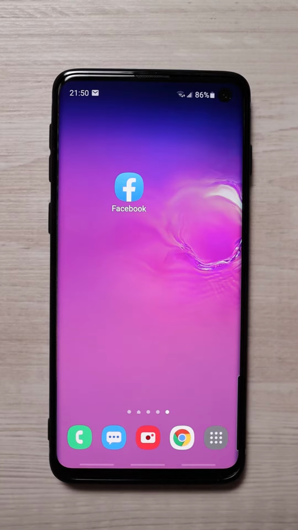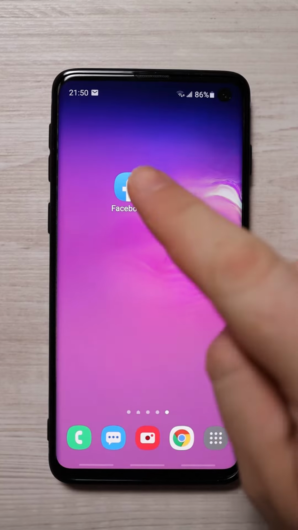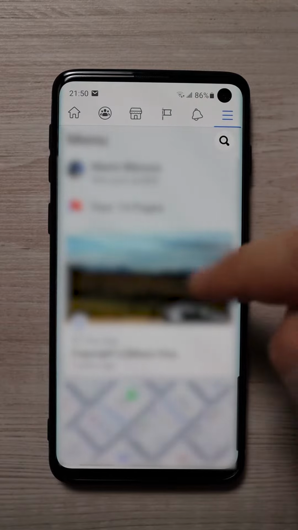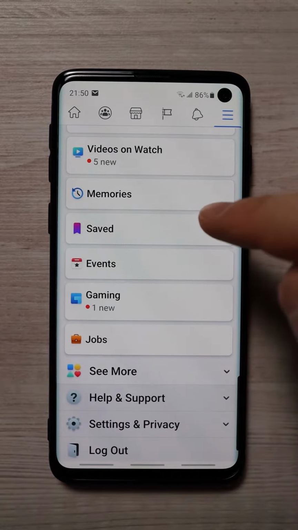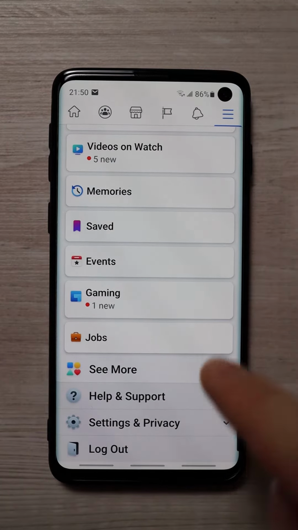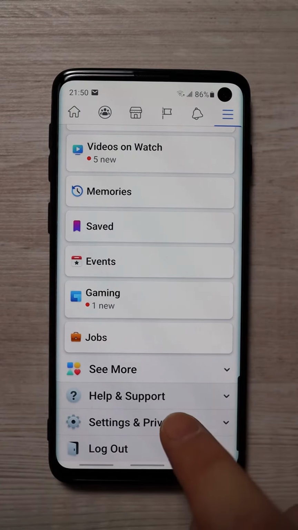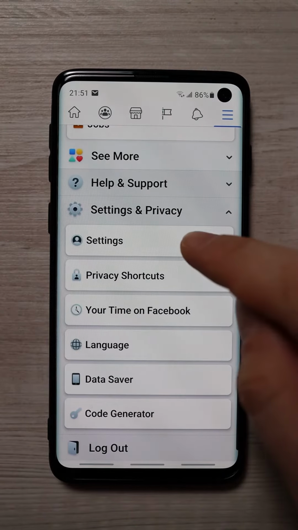In this video I will show you how to turn off the Facebook location. Start the Facebook application, go to this menu, scroll down, and here you have settings and privacy. Then go to settings,